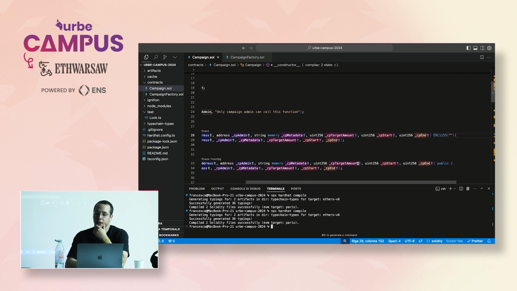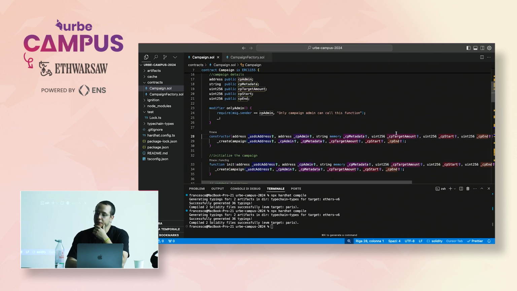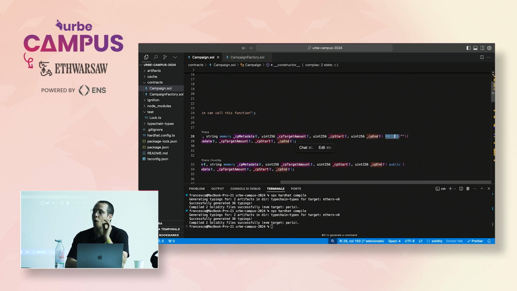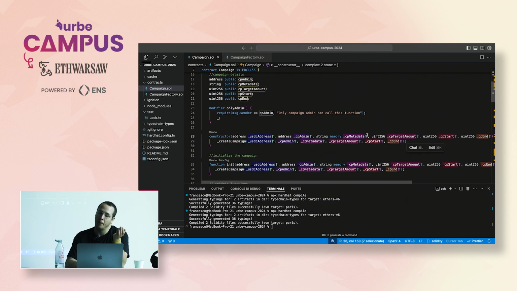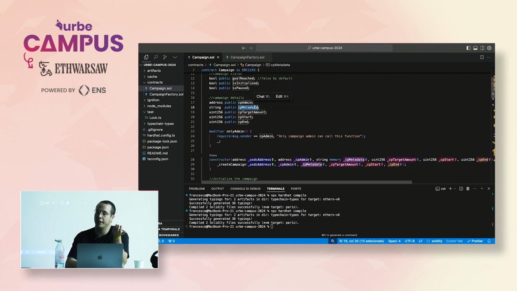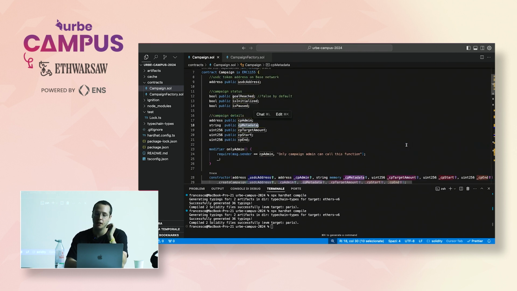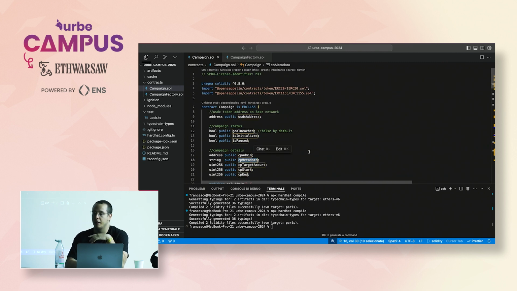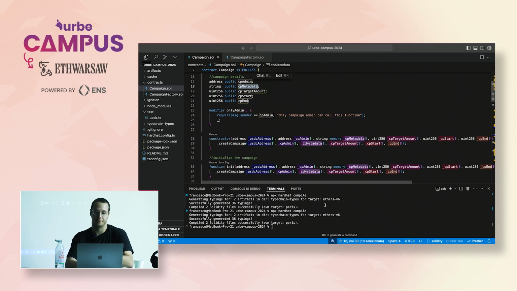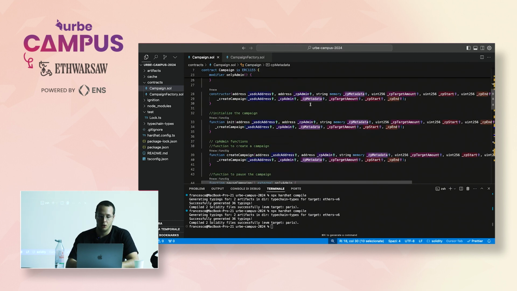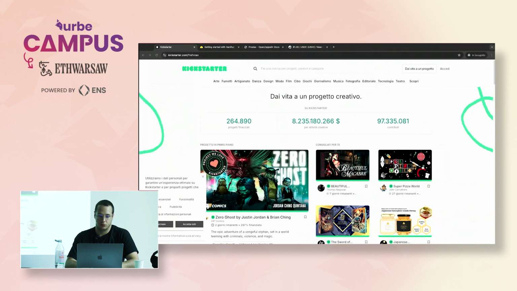Okay. So because this is the metadata of the 1155. And then we have the metadata of the campaign, so it's different. Maybe this one will be empty because we don't need it. But of course we need the campaign metadata. Okay. So now,